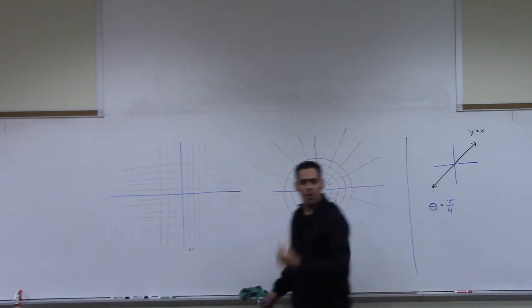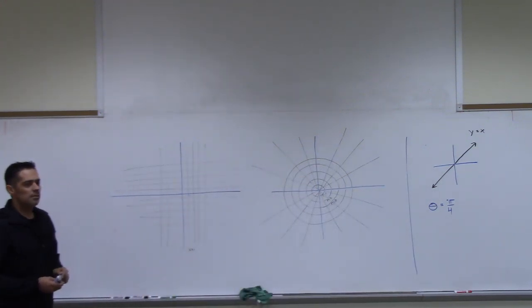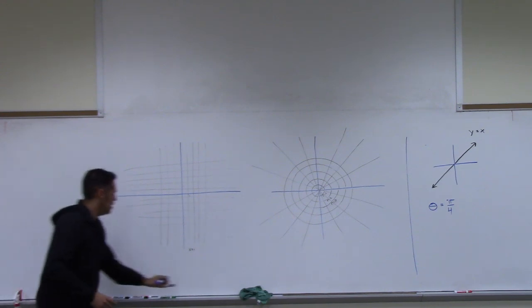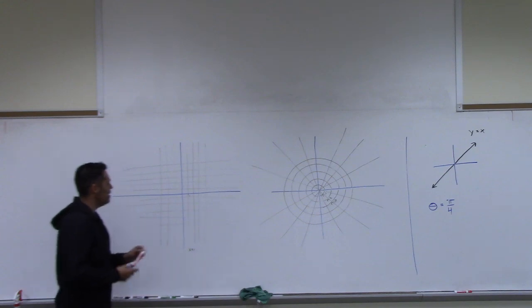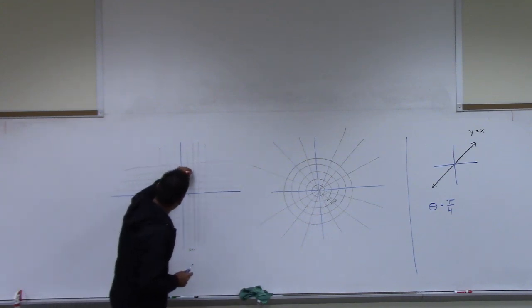This is considered to be polar graph paper. Does that seem reasonable to you? And again, if you sit here and you talk about a little tiny region, like this little region right there,